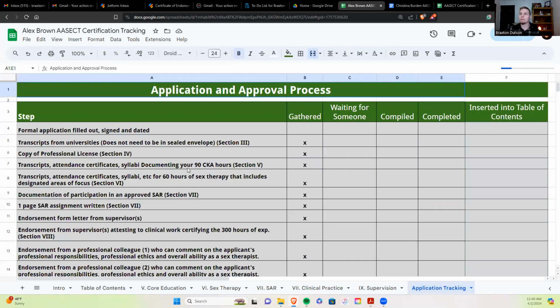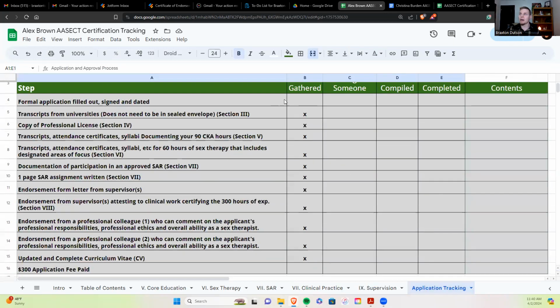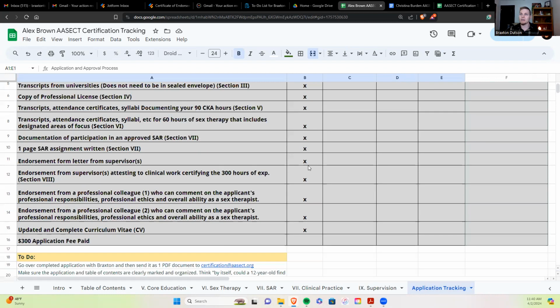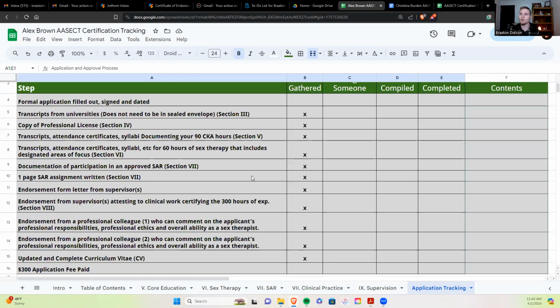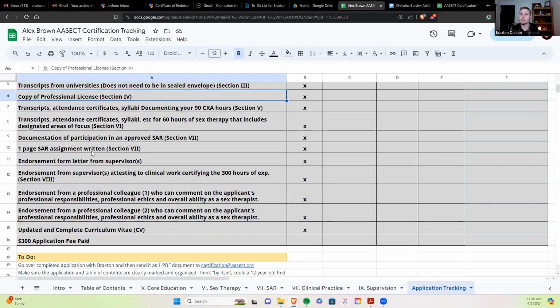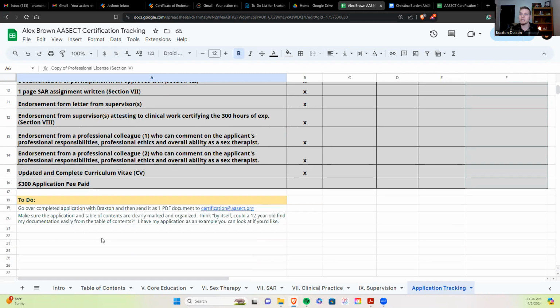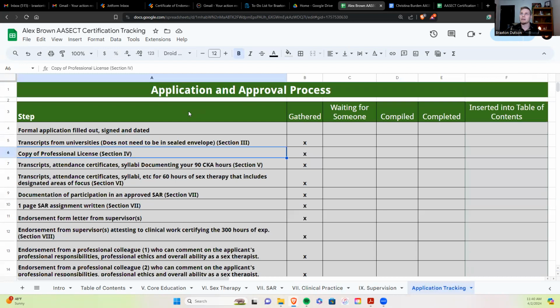Then you can look through the application of tracking. She used this in the sense of she had it gathered, and that's all she really needed. Again, this was created when there was more of a paper and PDF, and there was a lot more compiling. This is less with the online, but you've got the different sections here that will walk you through what needs to be done, and that works out well. So let's look at the JOT form